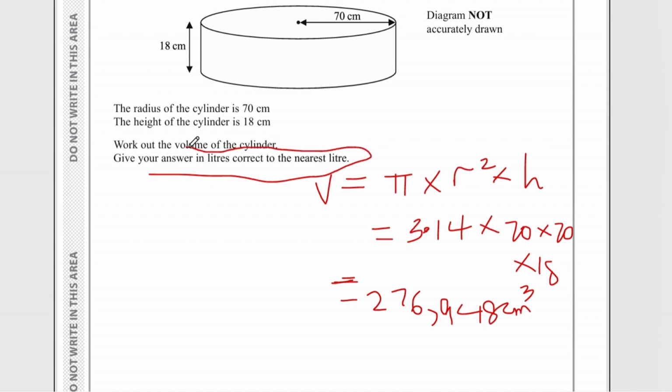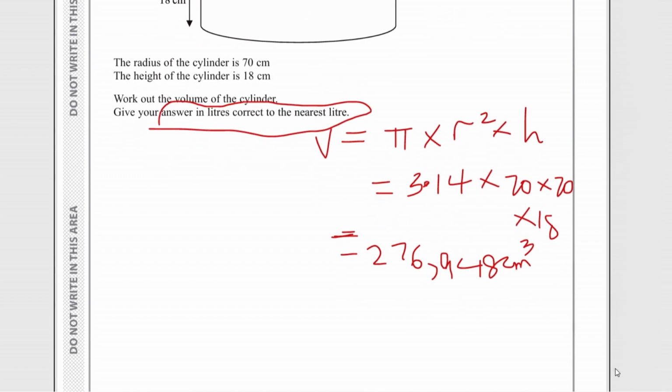How do you change this to liters? 1 liter is 1,000 centimeter cube. So how do you change this to liters? You divide by 1,000. When you do that, you move 3 places to the left, 1, 2, 3, and this will give you